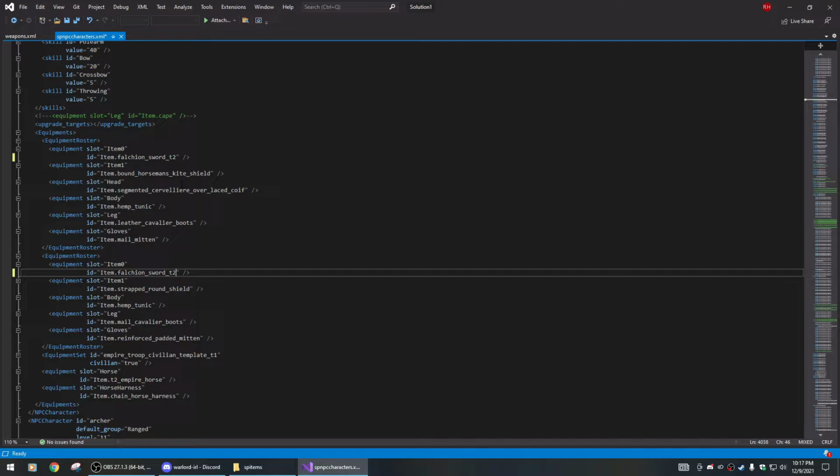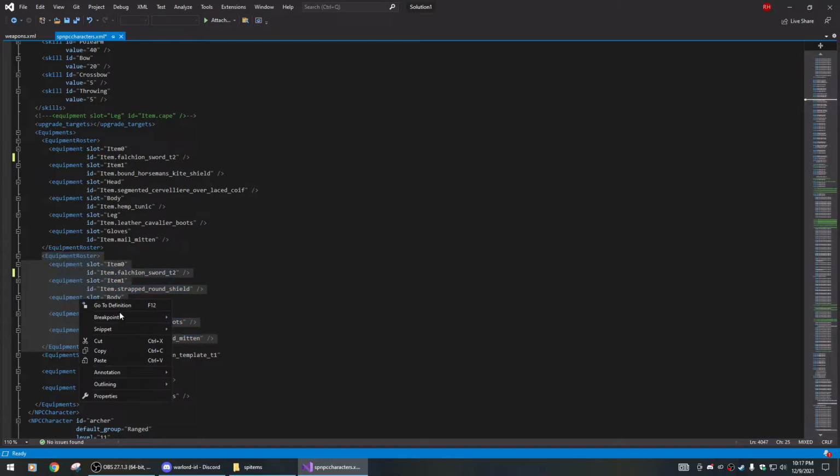Or you could also say you don't care about these other pieces of different equipment. If you look at this, he's got a bound horseman's shield right here, and he has a strap round shield right here. He has a helmet right here, and he doesn't even have a helmet right here for head. So say if you want all your troops to just have this equipment set on every single time, you can come in here and just completely delete this whole equipment roster. As long as you make sure you're very precise in what you delete, I can come in here and just delete